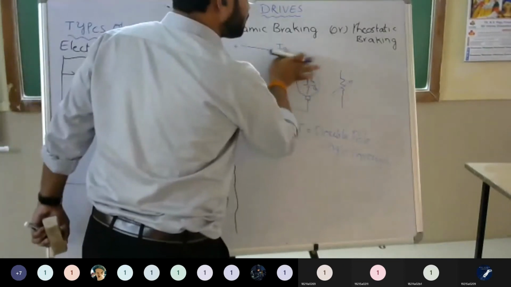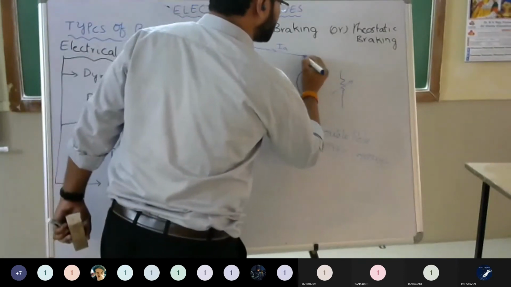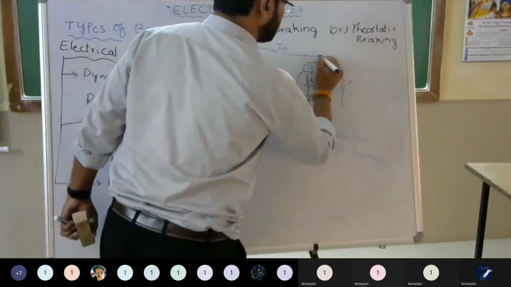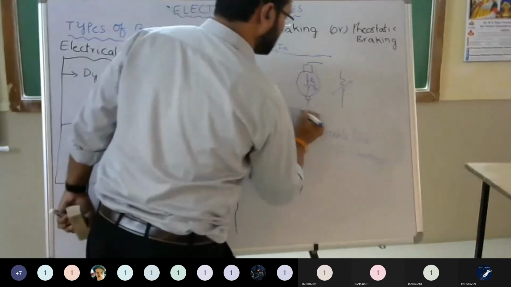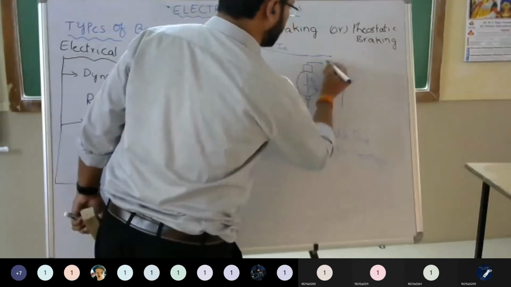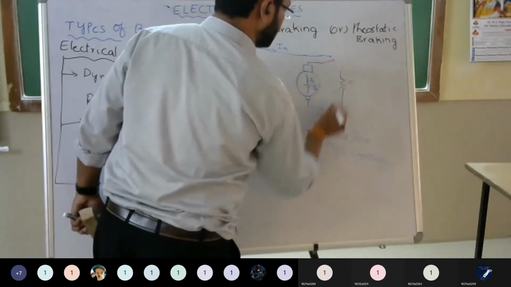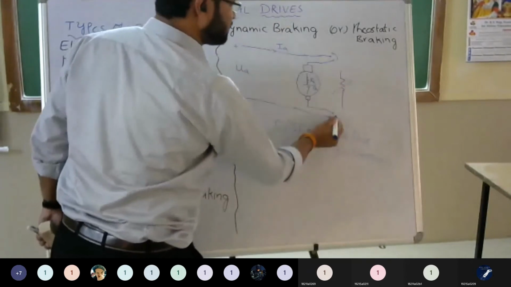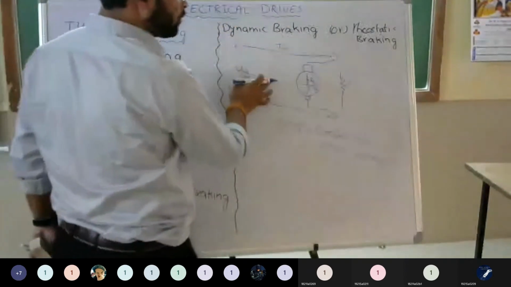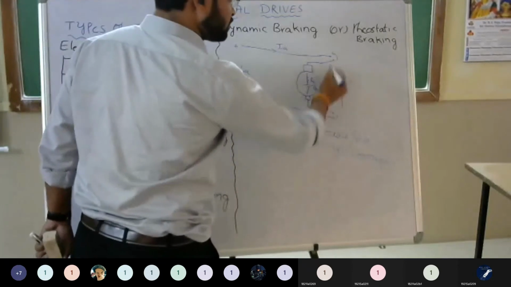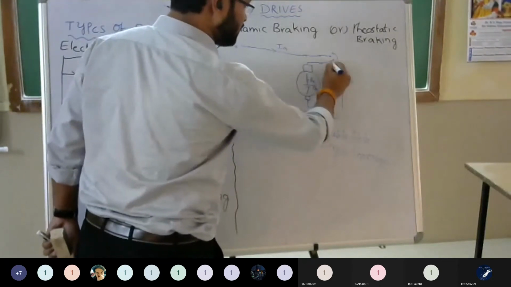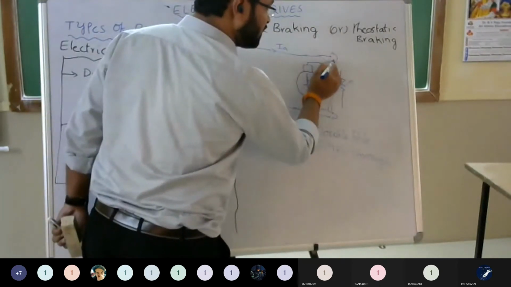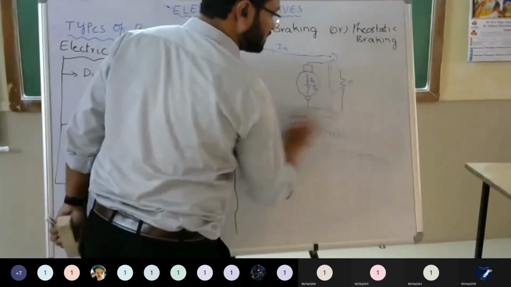So here we will use a throw switch. How will we design that throw switch? This is our supply. This is our supply. So we will keep one switch here. When starting, these two points will connect. That means it will supply the input voltage. When we are doing the braking, here we will use a double pole single throw. One time we throw to that side, and another time we throw like this, attached to this rheostat.